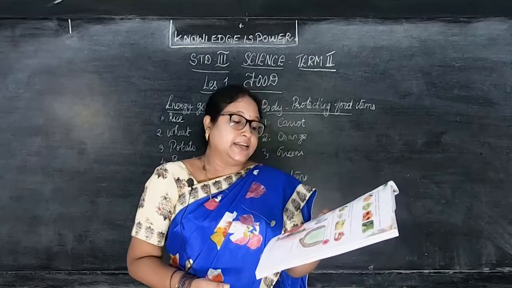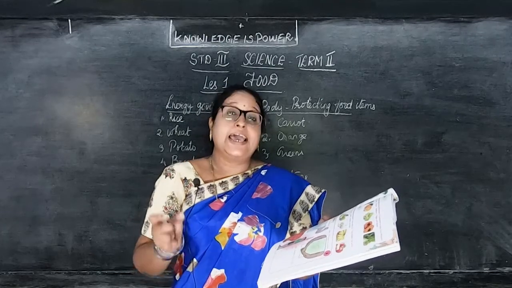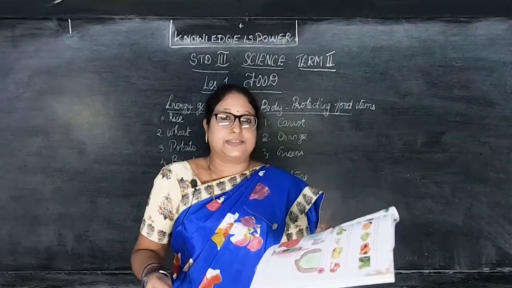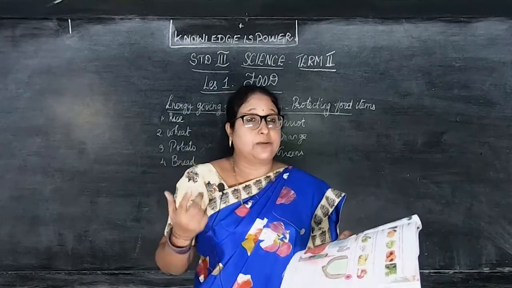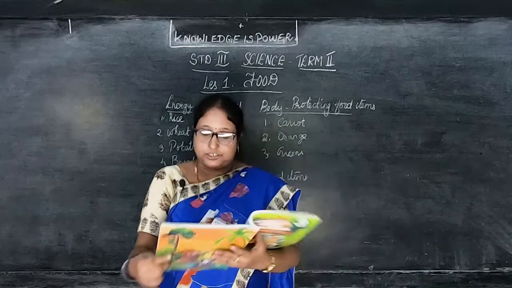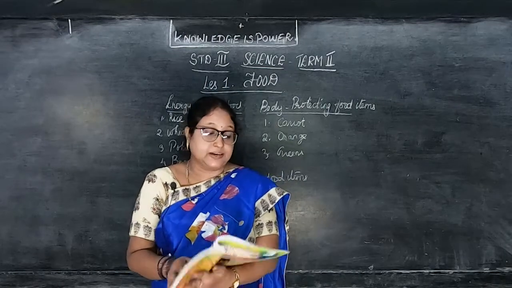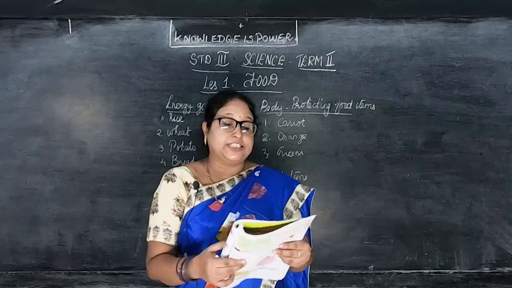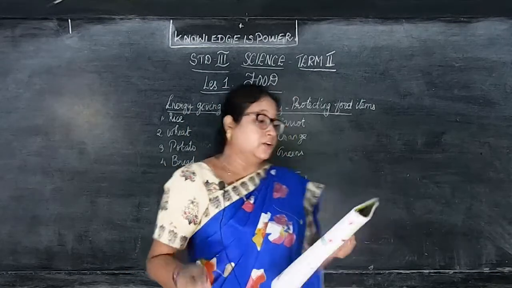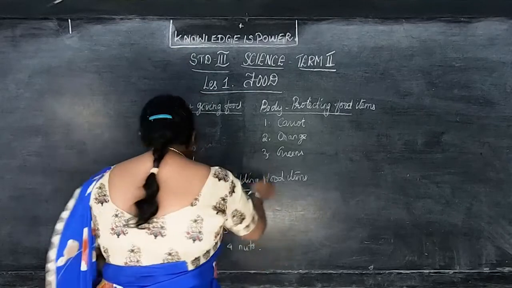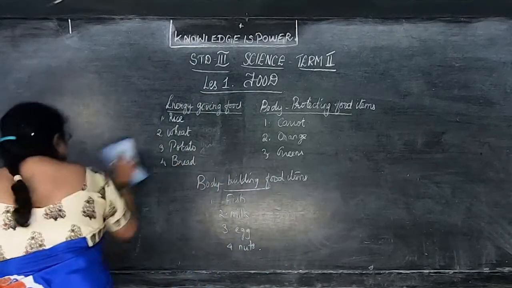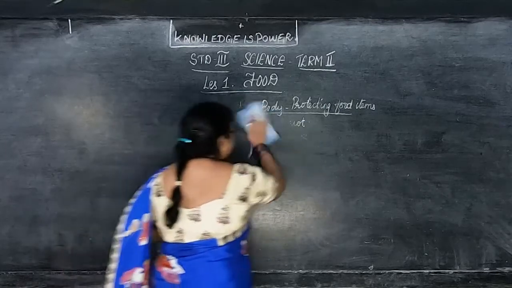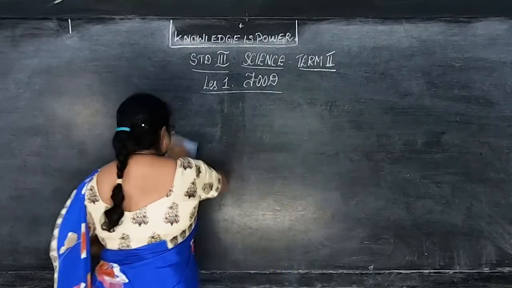Avoid eating it. Then I need nutritious food to stay healthy. So nutritious food you have to take. A healthy snack may include sprouts, fruits, take more fruits and salads. Okay, children. Then next they have given what are the nutrients present in the following food items. Now first, rice contains, so this you have seen, children. Those who have not taken it down in your book, and those who don't have the book, take it down in your rough notebook and learn, children.